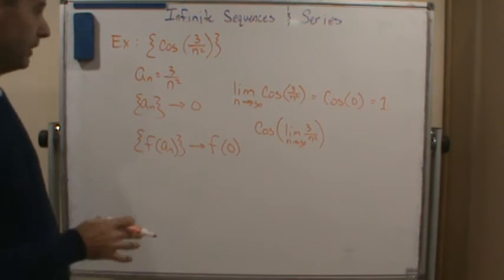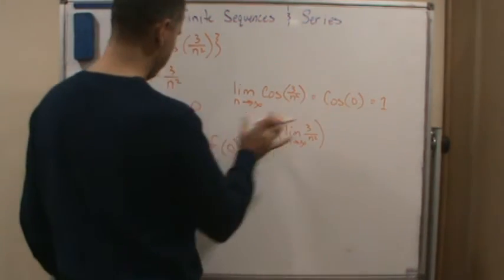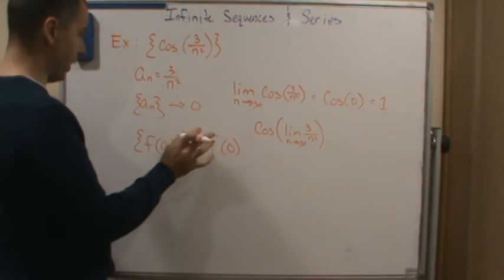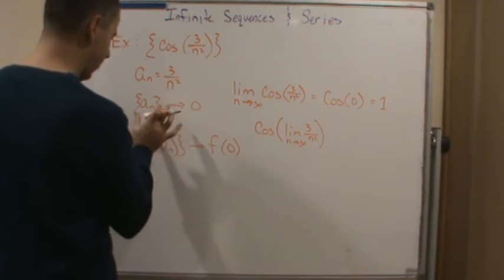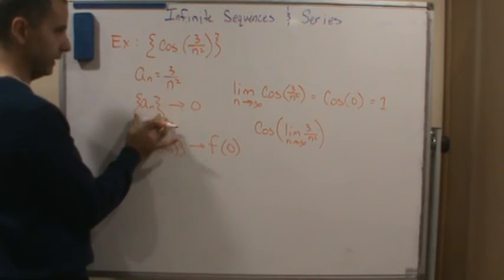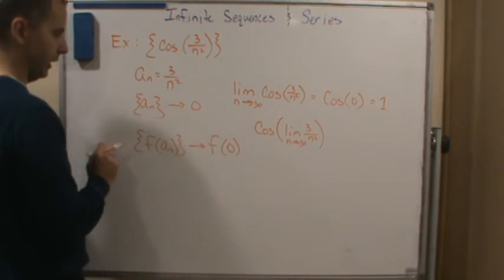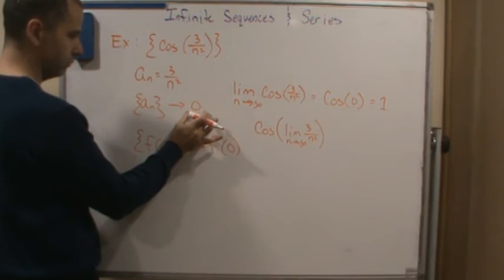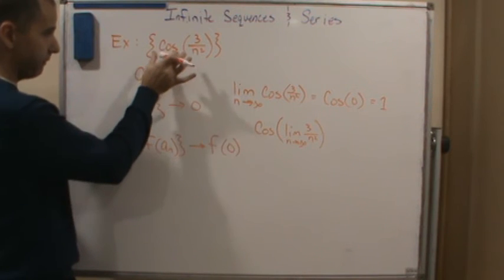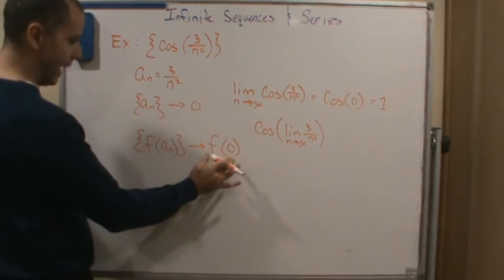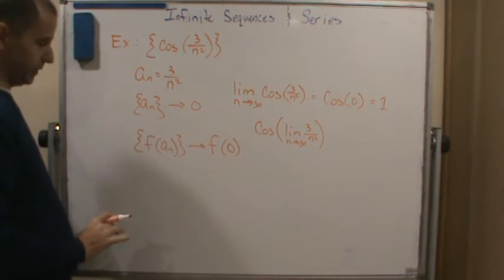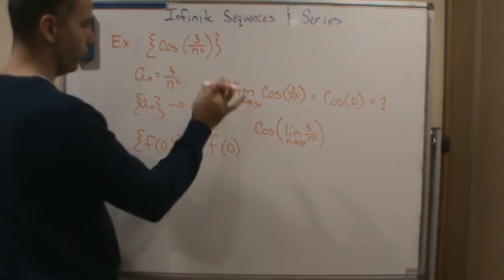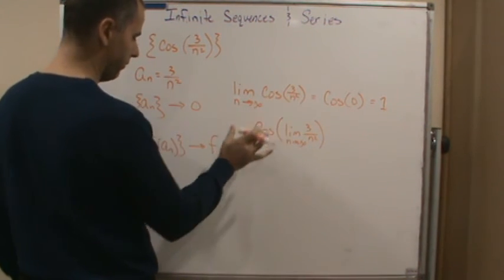Okay? So the theorem allows us to know, based on the conditions, that we've got a convergent sequence inside a function. And we know that that sequence converges to a number, and the function is continuous at that number, at that limit. So therefore, we know that the limit of the sequence,